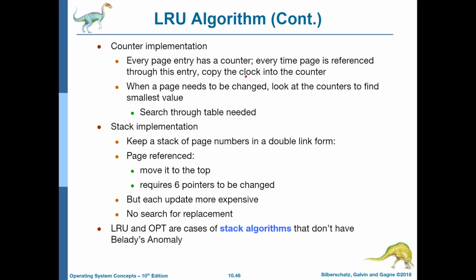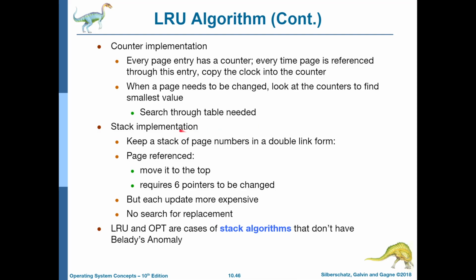So the clock value of the CPU will be put in the counter, and then you'll look for the counter that has the smallest value or the oldest value, and that's the victim. One of the real tricks here is every time a page is referenced, the memory management unit has to support copying the clock into that page table entry. So it may be a little